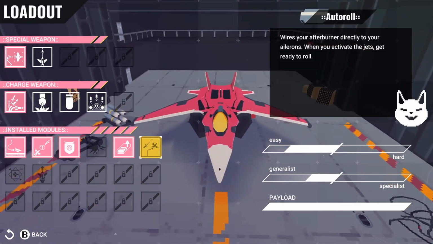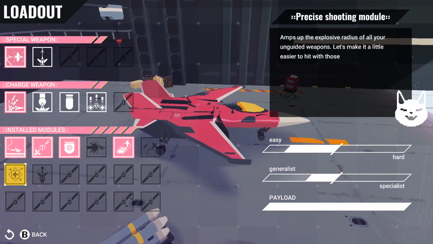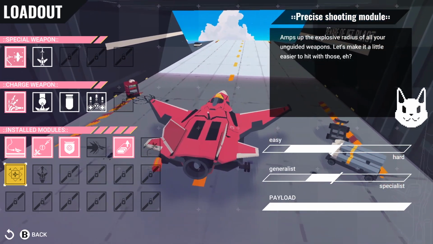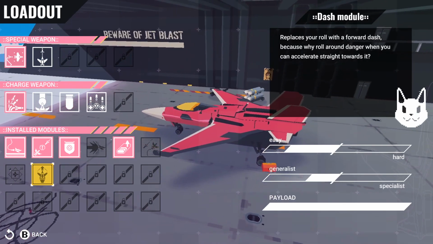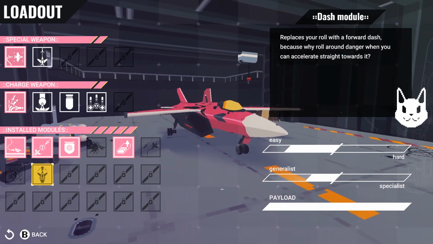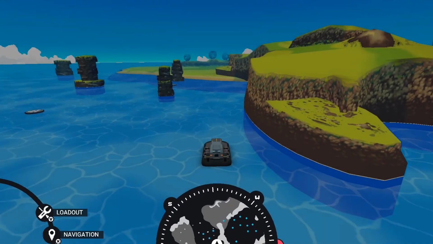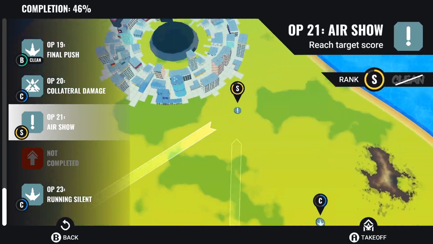Auto roll. When you activate the jets, get ready to roll. I don't really see the point. Precise shooting module. Amps up the radius of your unguided weapons, but again, unguided weapons just aren't very useful in this game. And the dash module. Replace your roll with a forward dash, because why roll around in danger when you can accelerate straight towards it? I tried this, I have no idea what it means. It's weird. But anyway, if we press the X button here, we can see all of the levels that we have